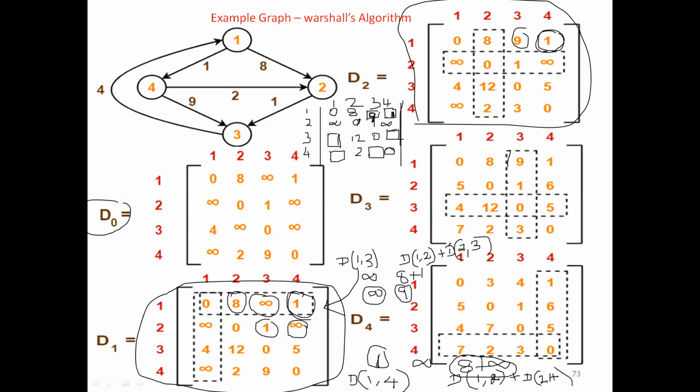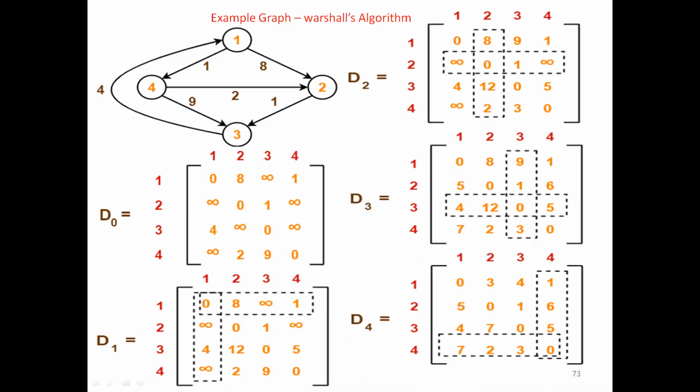That's what is shown here with dotted lines. The third row and the third column I will retain as it is. Then I will fill the remaining elements, and the diagonal will be 0. Always it will be 0. We have to fill all three parts: one is the row, one the column, the other the diagonal. Then the remaining elements I fill in this way. So I'll get D3, and at last I'll do D4 also.